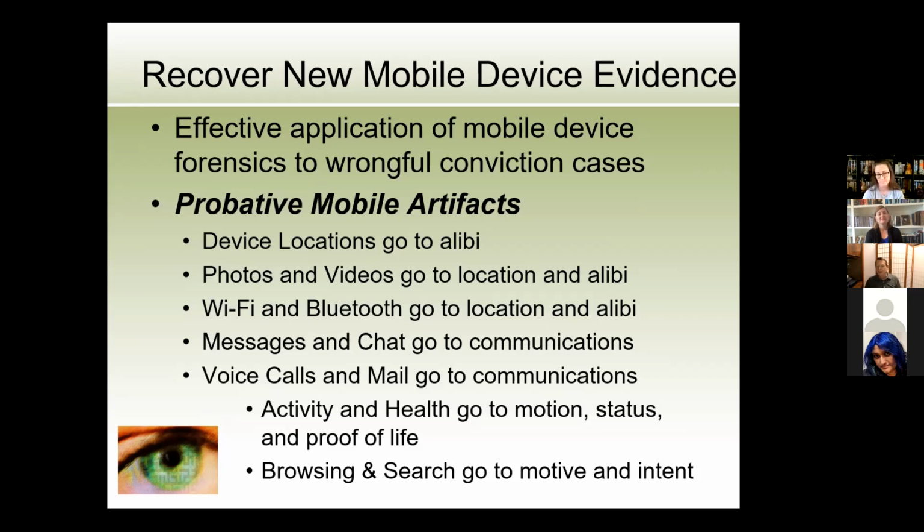Photos and videos, same thing. You get the location information and the date and timestamps in that EXIF block inside every photo. Well, you've got a built-in alibi. I sometimes joke with attorneys when I teach them in continuing legal education sessions, just keep a running photographic library about where you go. You're going to have a get out of jail free card if you've got a whole bunch. If you take a photograph every 10 minutes of where you're going and when, and you keep it on your phone, you've got proof. We oftentimes go looking for photos and videos to grab the location and date and timestamp information to look for alibis,